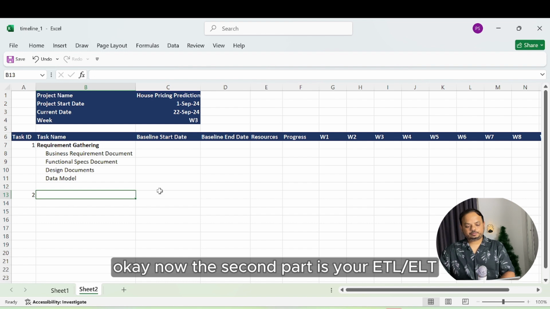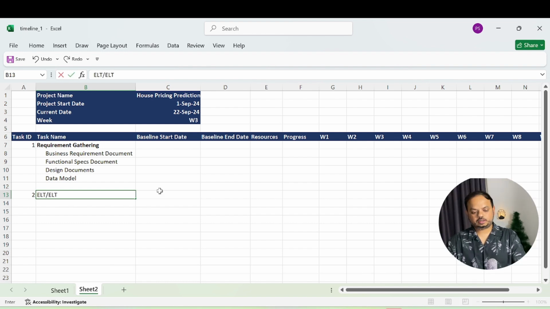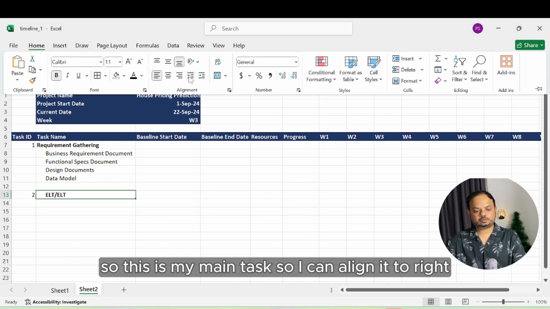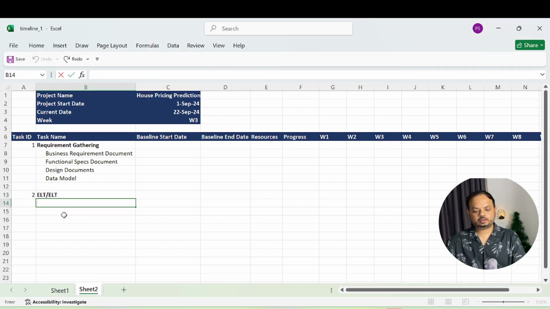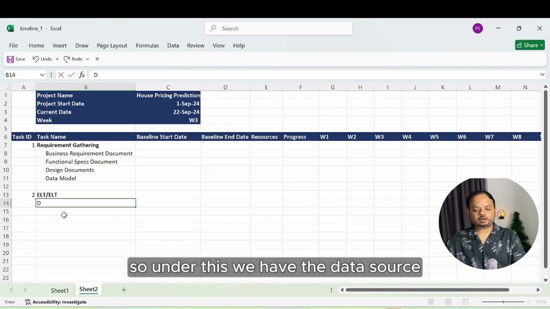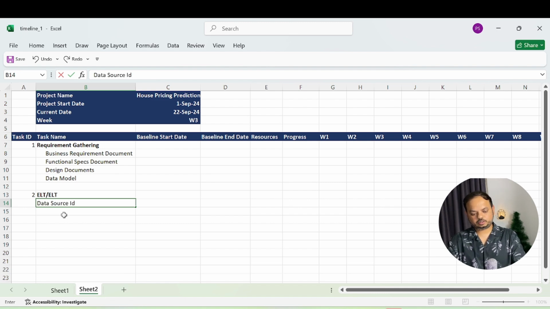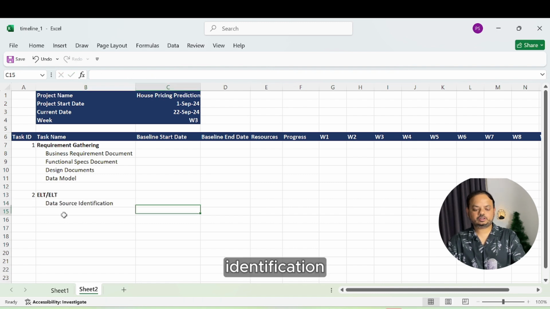Okay, now the second part is your ETL or ELT. So this is my main task, so I can align it to right. So under this we have the data source identification,